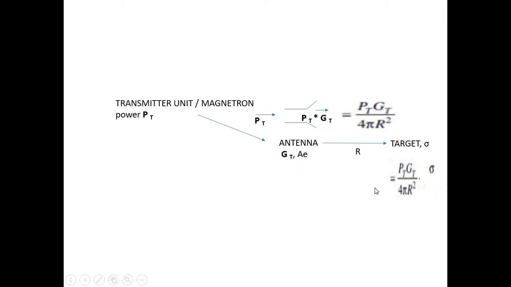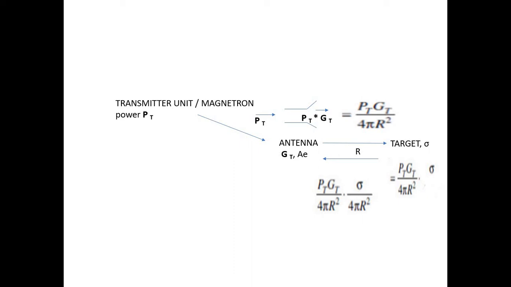Now we want to get echo signal, means power is radiated again. So again we want to calculate this power at radar station, which is at a distance R. So we have to calculate the power density again, and right now the power density will be PT GT divided by 4 pi R square, and sigma, this is the power gain at the radar cross section, and it will be divided by 4 pi R square because R is the distance here again which the echo signal has to travel.